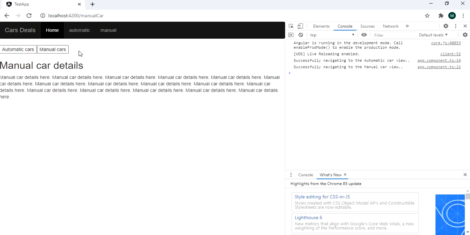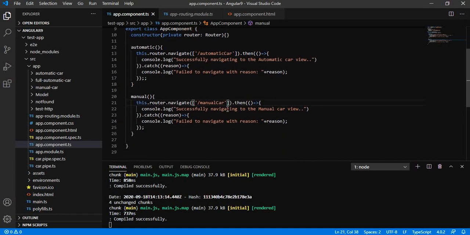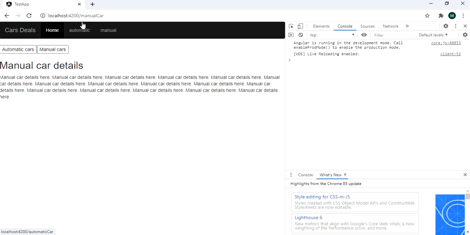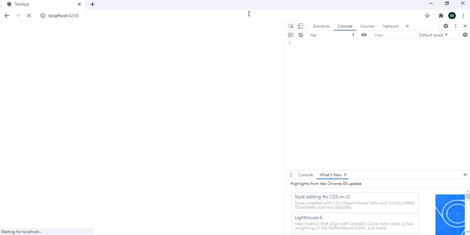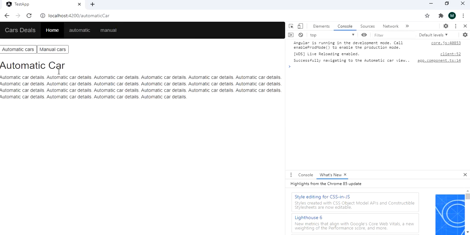When clicking on manual, successfully navigated to the manual car view. So if I give a wrong URL that is not available, then what will happen? It is failed to navigate with reason. Error, cannot match any routes, URL segment, whatever we have given.